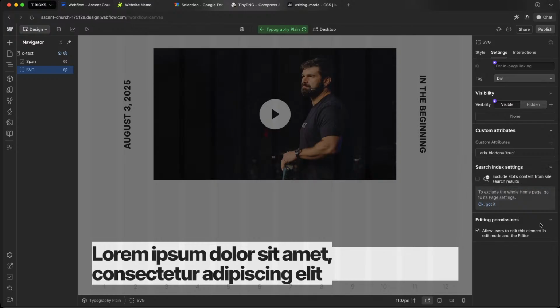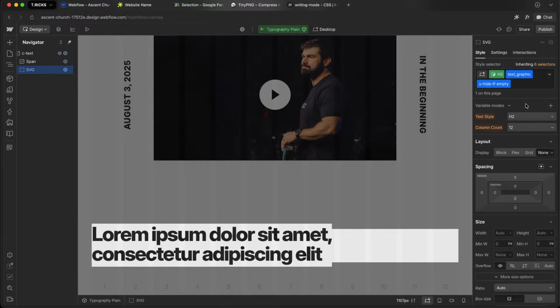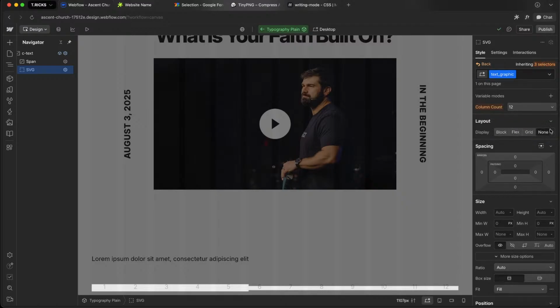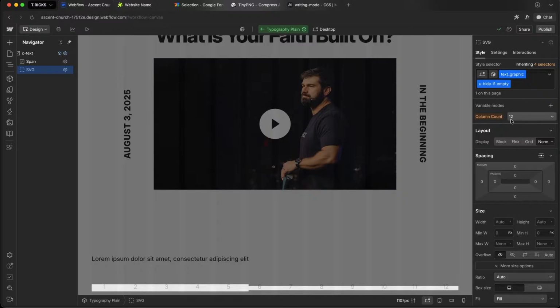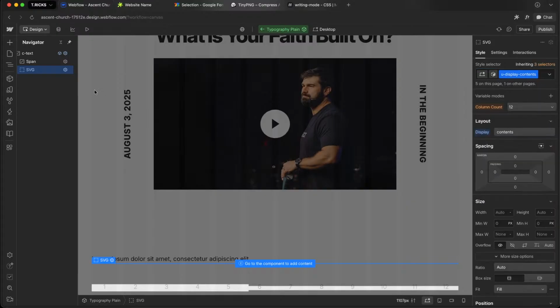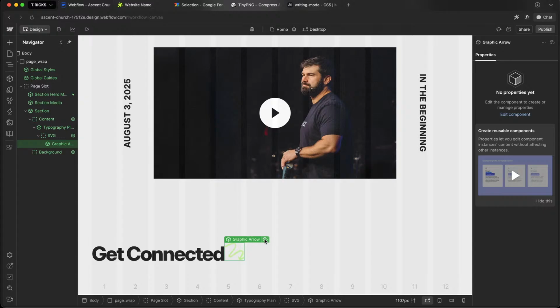And I'll call this slot SVG, and I'll give it the aria-hidden true so we're not accidentally reading it. And the SVG itself, let's go to the base variant, that base class. If I do inline block here, then it's going to override the hide if empty, which is not what I want. What I'll do instead is just give this a display contents. That'll simplify things quite a lot. So we completely ignore this div, and that way this graphic goes right into the parent,